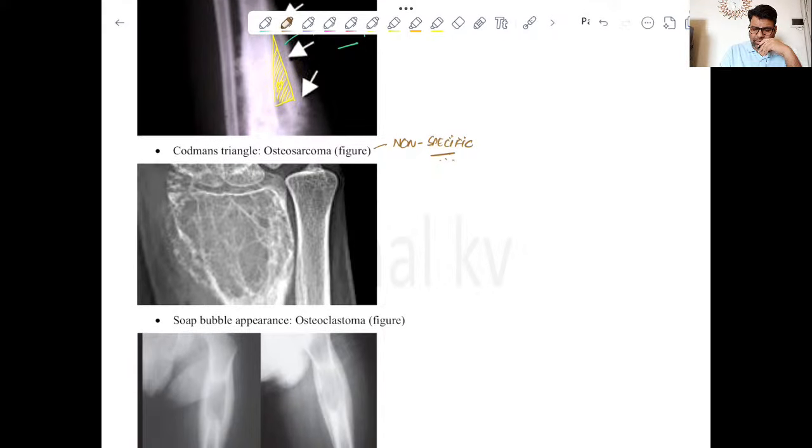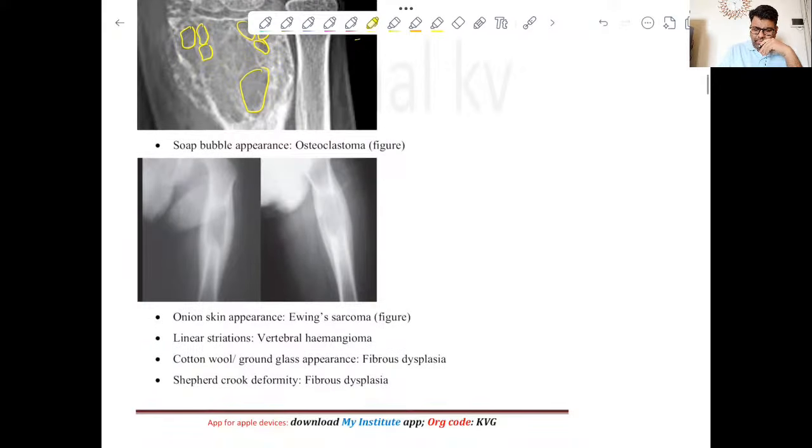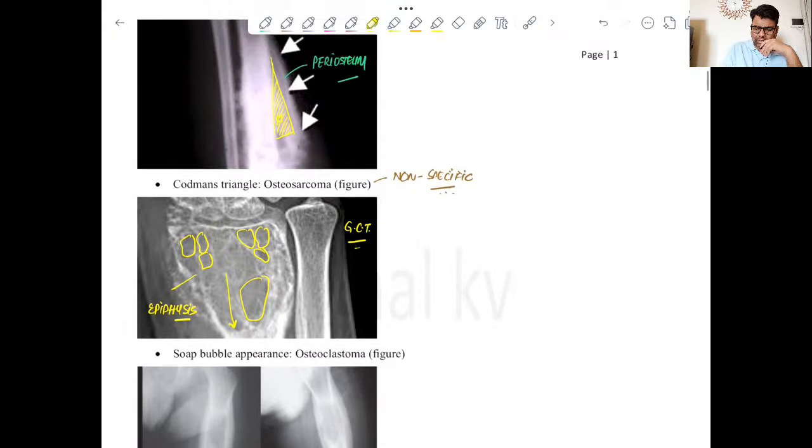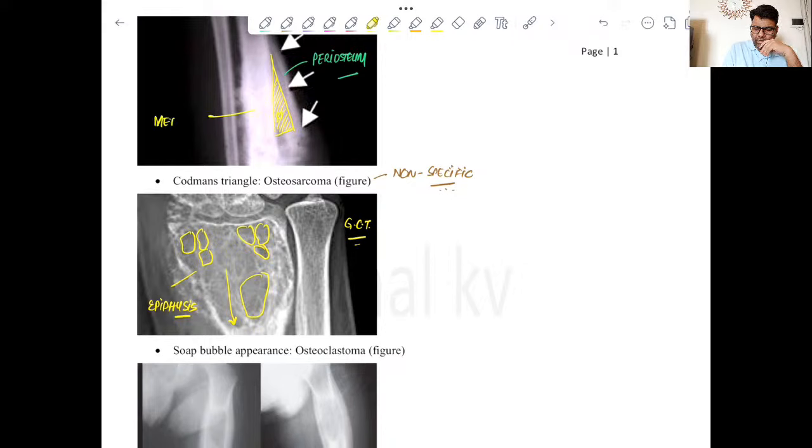Then the next important thing is the soap bubble appearance, and this is very characteristic of giant cell tumor, or what you call osteoclastoma, right? So this is the soap bubble appearance for giant cell tumor, clear, or osteoclastoma. Now this is an epiphyseal lesion, okay? This is in the epiphysis, then extending on to the metaphysis, of course. This is a metaphyseal lesion,